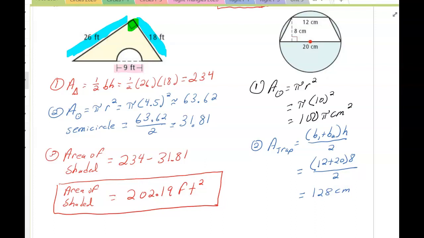And I want the area of the blue shaded area. So the third step is to subtract. So we're going to subtract 100 pi minus 128, and the unit is centimeters squared. So this would be the exact answer that you might see on an ACT. If you wanted the decimal, and you type this in your calculator, that is approximately 186.16